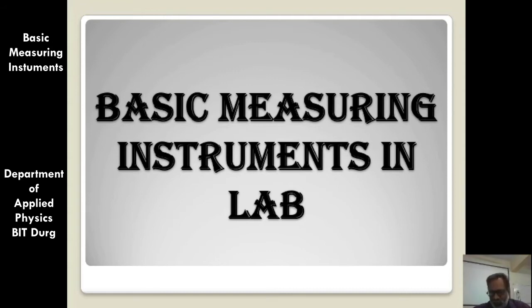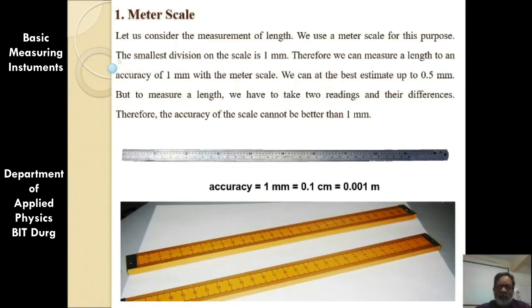And first of all, before looking into measuring instruments, let us see the measuring instrument which we know very well. And this is that measuring instrument, that is a scale, a meter scale. You can see here that in this meter scale, you are having 10 centimeter mark, 20 centimeter mark, 30 and 40 and so on. And below this 10 centimeter, even you are going to have the mark for 1 centimeter, 2 centimeter, 3, 4 and so on.